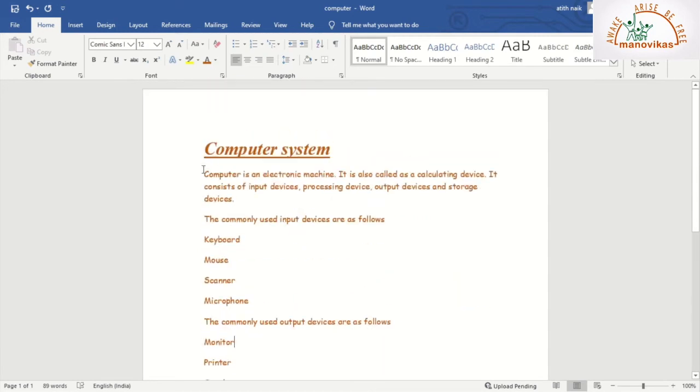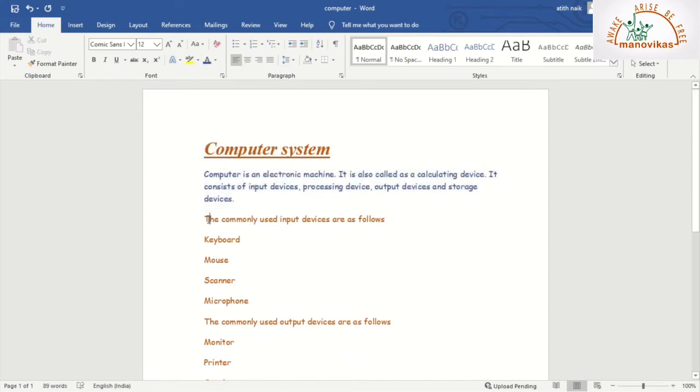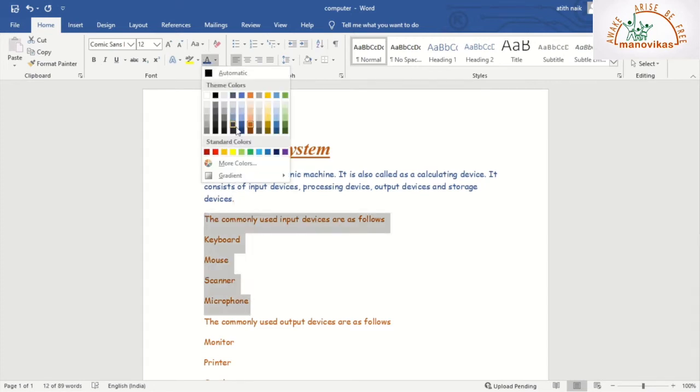Okay, let us give different colors to different paragraphs. To give color, you need to select the text and then give color to it.